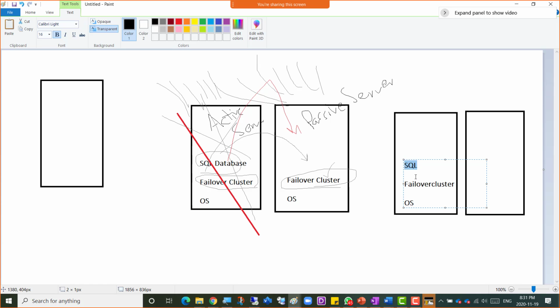So this means that if you already have a SQL Server installed there, it's not going to work. Suppose you install Failover Cluster with an already existing SQL Server instance, it's not going to work. This means that you have to plan ahead. If you're going to offer zero downtime, zero data loss, then you need to plan ahead, and you need